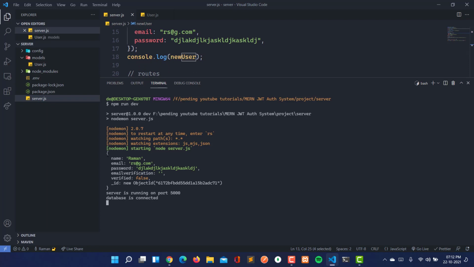We are getting the object here, and we are not getting any error. This means that our user model is working correctly. Now we can use this model to create the APIs for register and login. We will start with register in the next video. See that it also has the ID. This ID is created by default by MongoDB.